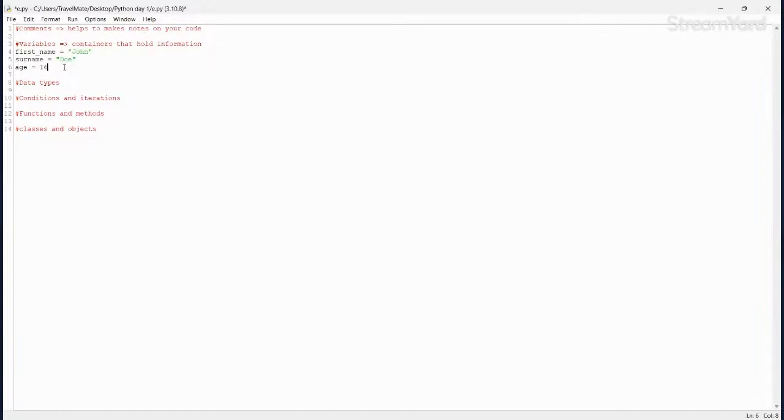Okay. Now in Python, as you guys can see, I have an underscore. But if I had to do something like this, Python is going to give me an error because it's going to read this as two different things and it doesn't even know what this is. So we have to use an underscore, or we can use something called camel case, right? So something that looks like this. So this is actually snake case, and you can do it like this. So this is how you define a variable.